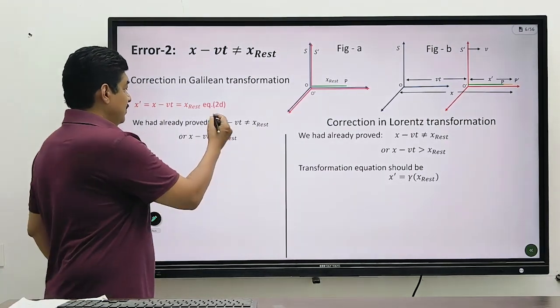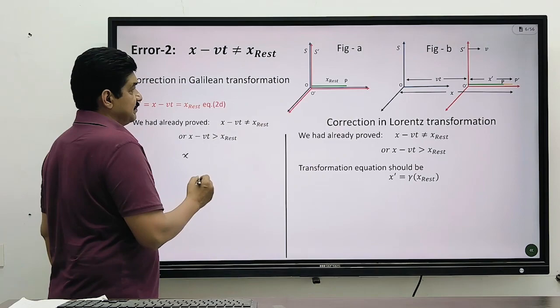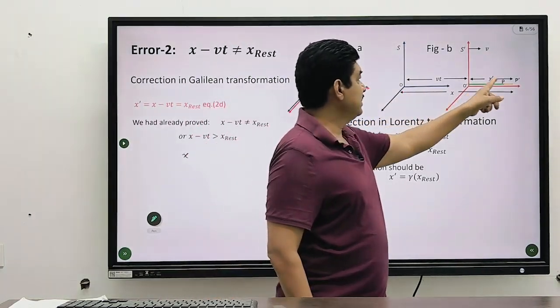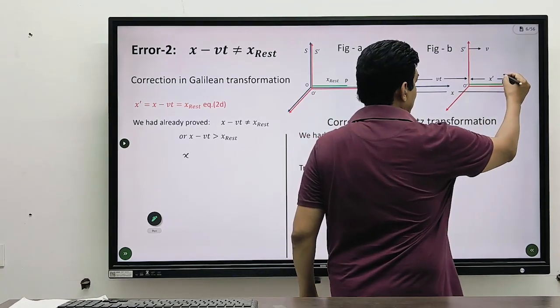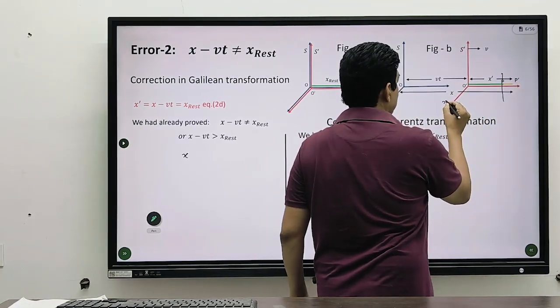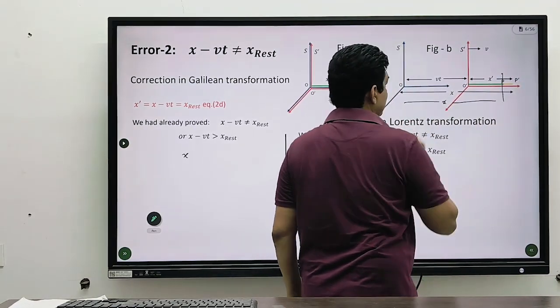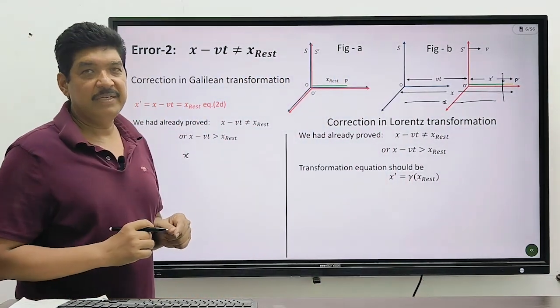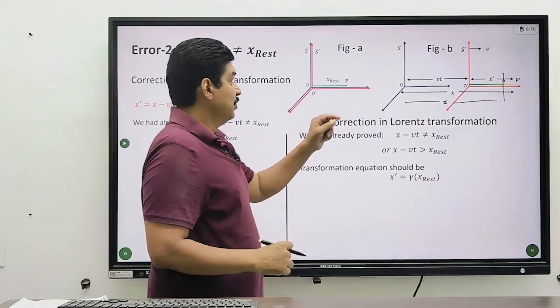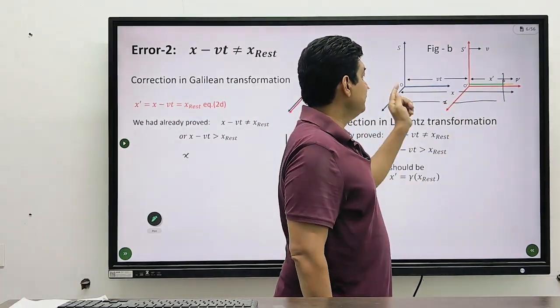Instead of the value of x from O to O prime, we have to only take the value of x from here to here. And we need not send a probe to find the value OP, because we already know